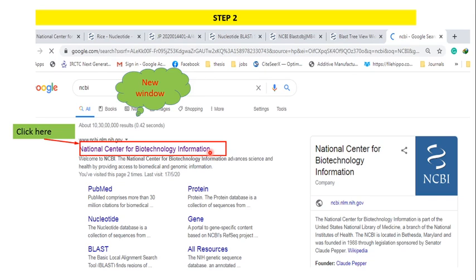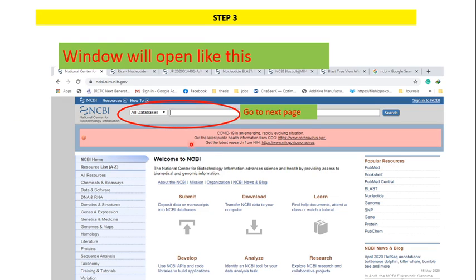In the next step, in the left corner you can see all the databases. The list of databases is shown, and among them you can select nucleotide sequences. Clear? This is for the gene you want to search, or the species, bacteria, animal, plant, anything you want to search. Type the sequence here, but here I am taking the rice sequence.